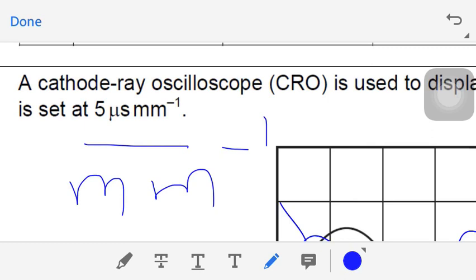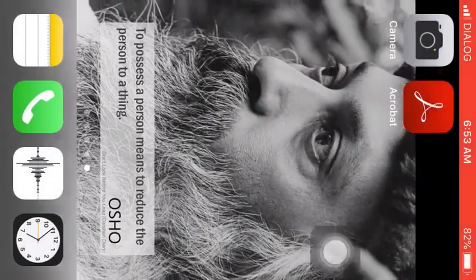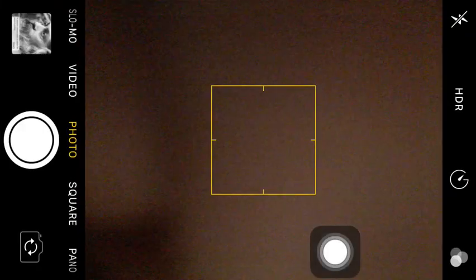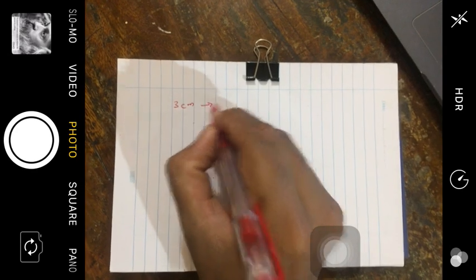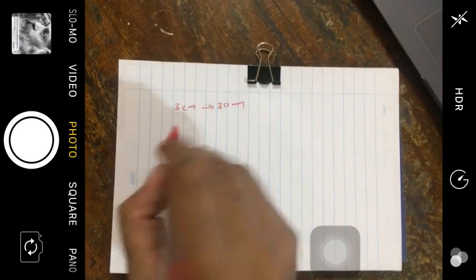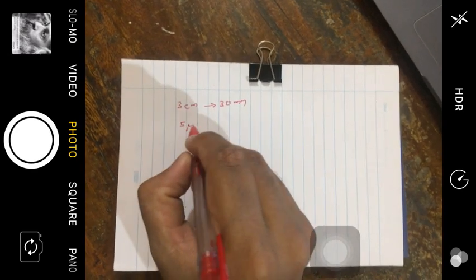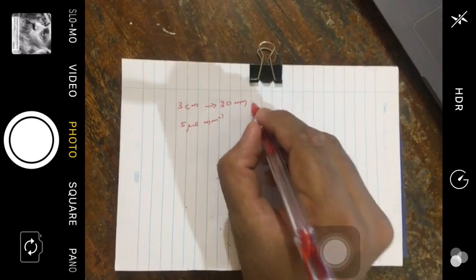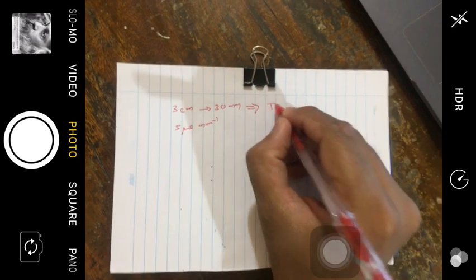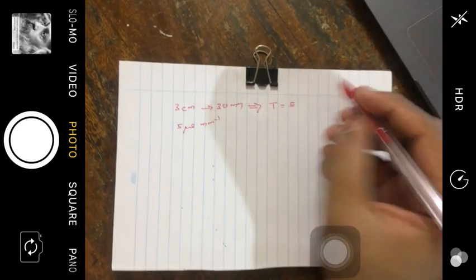So if we try to do it, we have 3 centimeters, that means we have 30 millimeters. Each millimeter represents 5 microseconds. So 30 millimeters implies that the period is equal to 5 microseconds